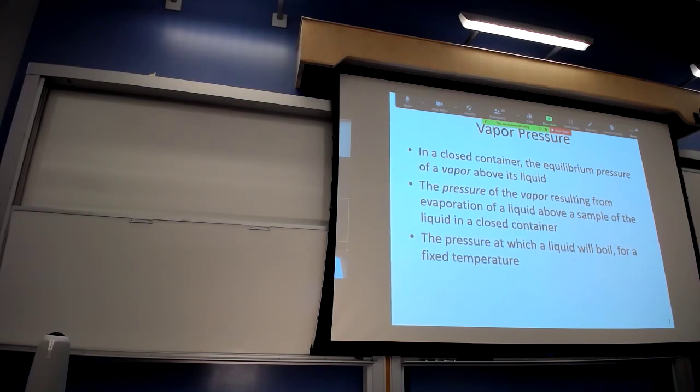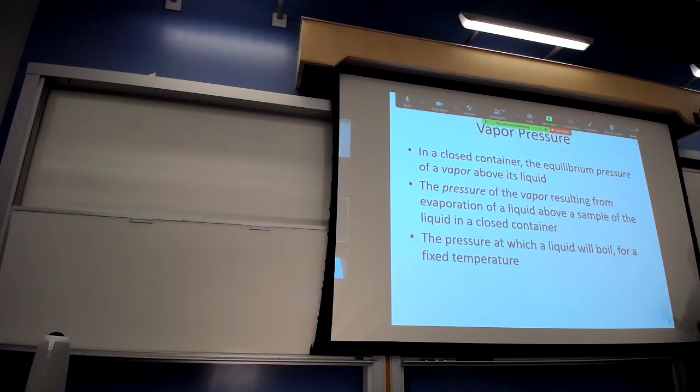So, the next fluid property I want to talk about is vapor pressure. And as with many of the other fluid properties we've talked about in here, vapor pressure is listed in the back of your book for water as well as some other liquids. But what is vapor pressure? Consider